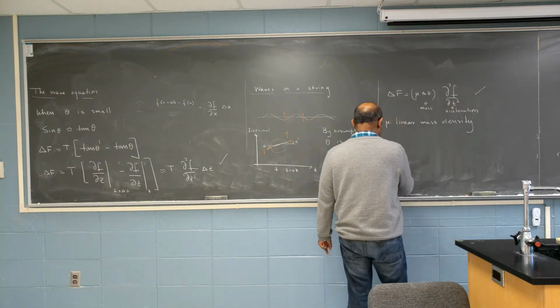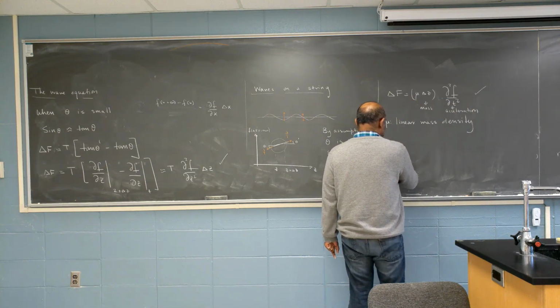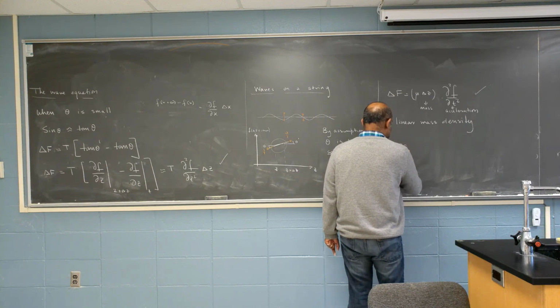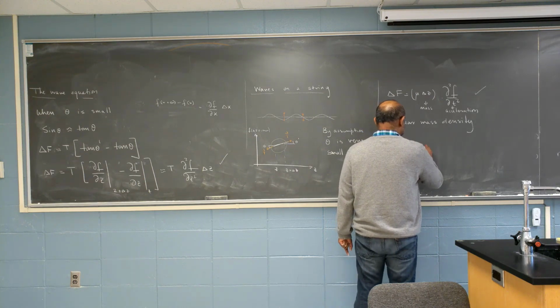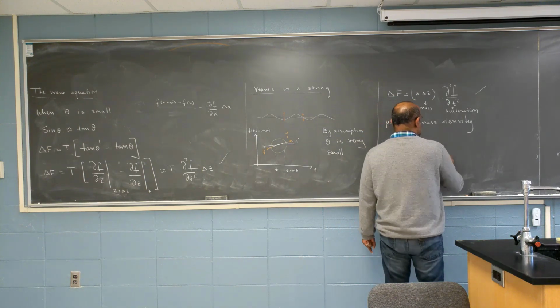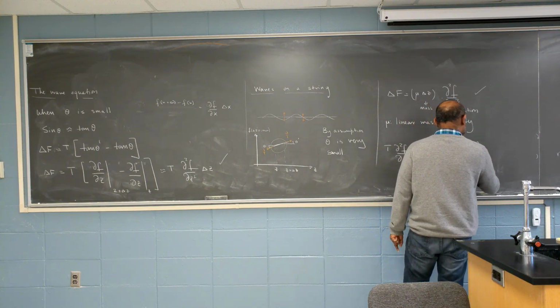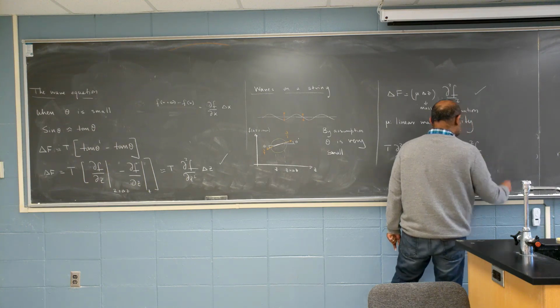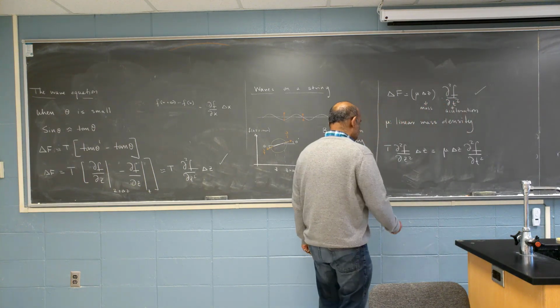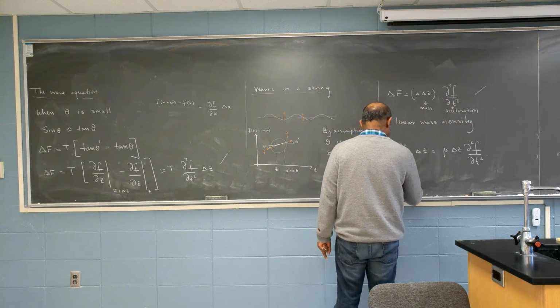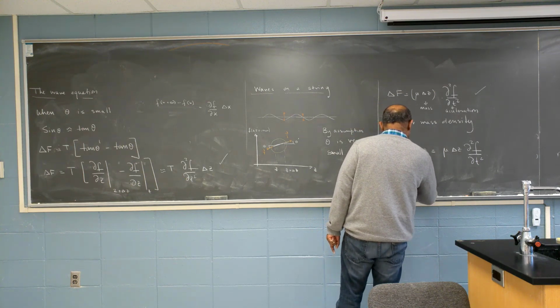So then I have T delta z squared delta C equals mu delta z d squared F dt squared, or d squared F dz squared